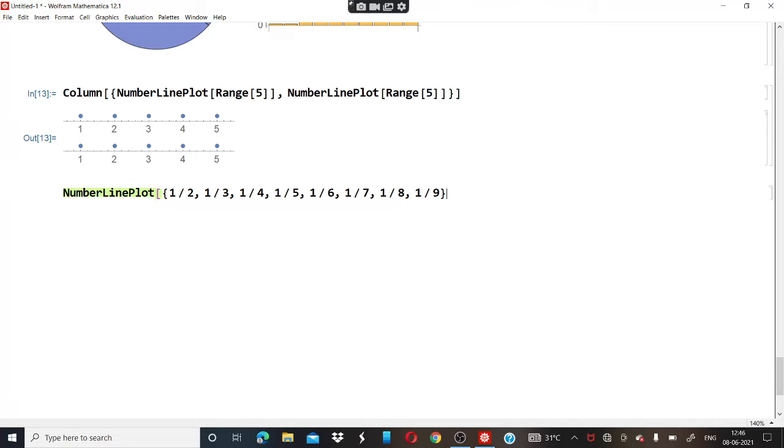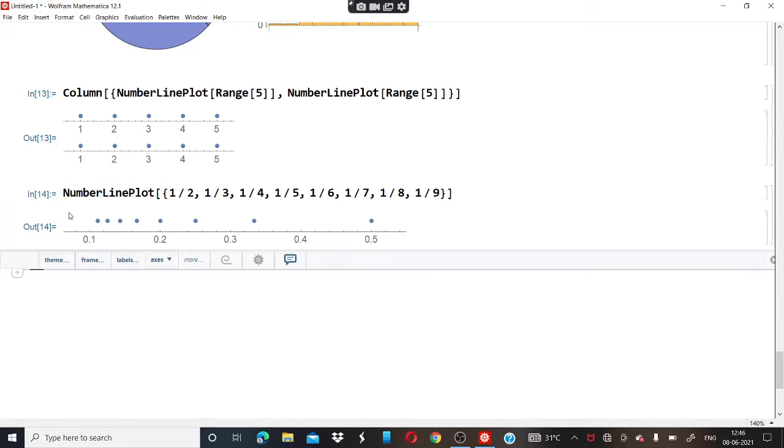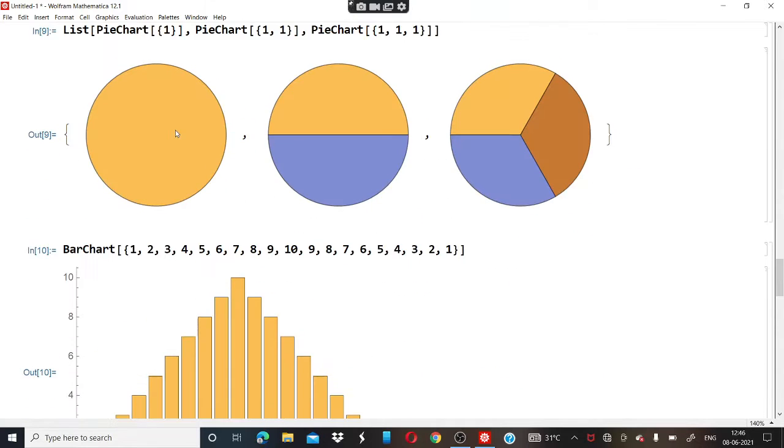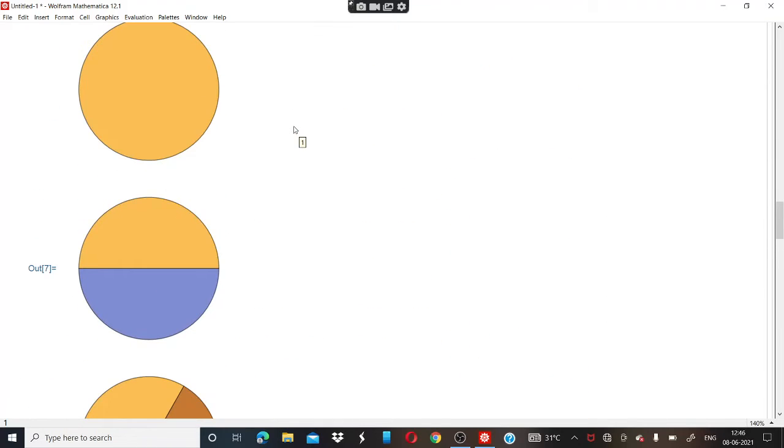Okay, now close both the brackets and press shift and enter key, and you will see the result as this is 1 by 2, 1 by 3, 1 by 4 and so on. So here is the graph.